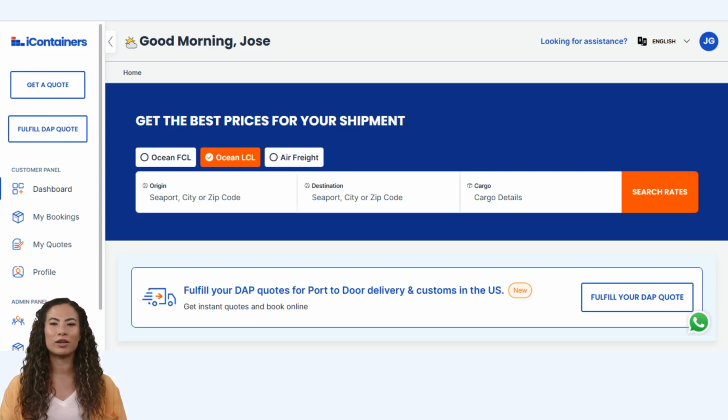Hello, at iContainers, we are always willing and looking for new opportunities to develop tools to help you complete your goals instantly and manage your shipments through our platform. The latest tool that we recently launched is going to help you complete your DAP rate for your customer to make a faster decision. First, we log into our online platform and search for the banner that says Fulfill Your